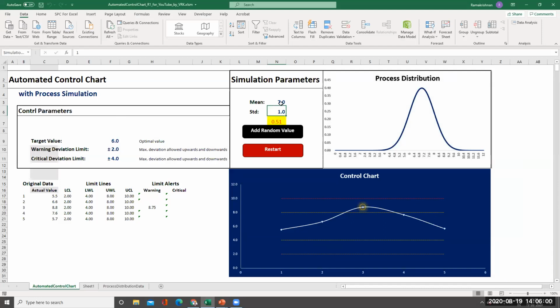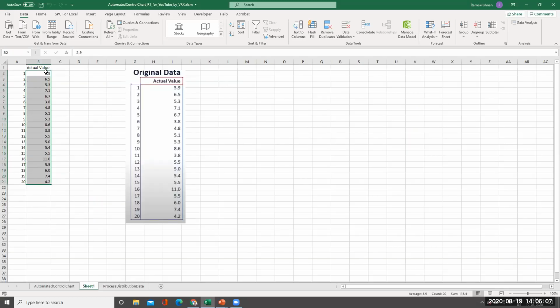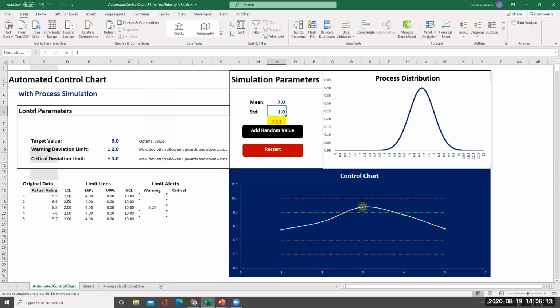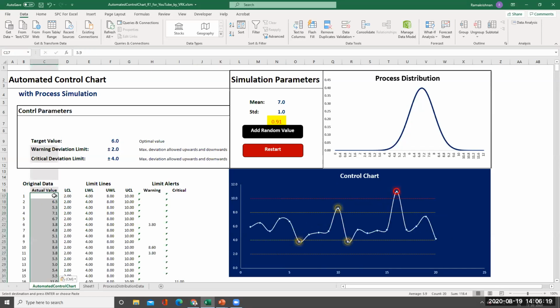This is a control chart that we are going to make today. And I have got a standard data here. See, this is a standard data. I'll just copy it, Control C, and then I'll go to the chart and then I'll paste it here. You can see that control chart will be immediately changed. Control V here. See here, all the values, 20 values are plotted here.